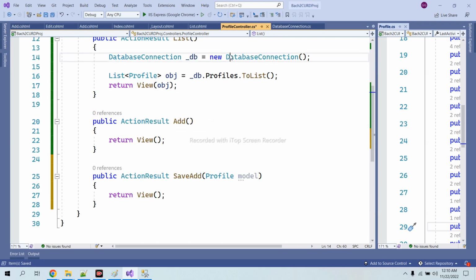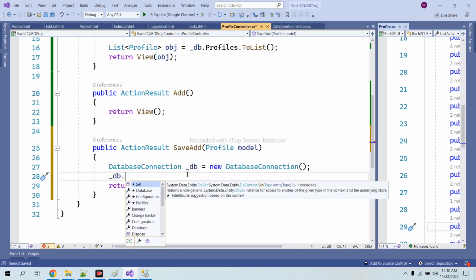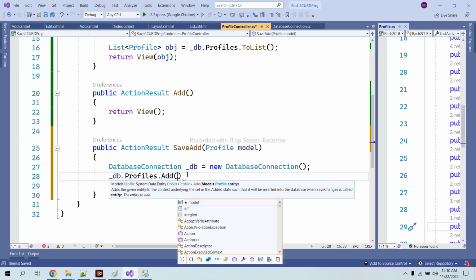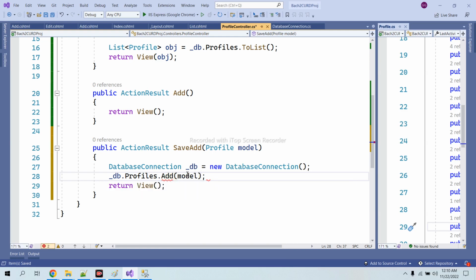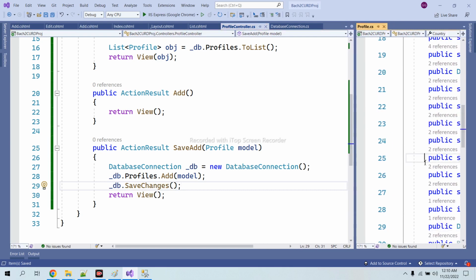Let's create the object, attach the object, so add model, and db.SaveChanges. You can see, you remember that we have left two fields, last activity by and